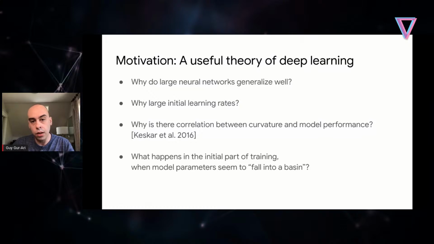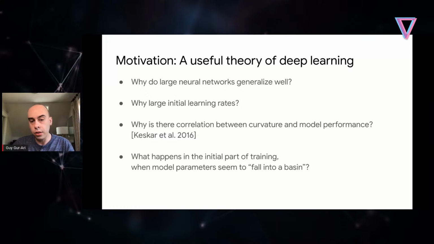So the theory should show us the path forward to making further improvements in these methods. And in particular, there are a few questions that I'm going to highlight that we'd like a theory of deep learning to be able to answer, and we'll try to touch on some of these questions in the talk. So the first question, which has really been driving a lot of the research in deep learning theory, is the question of why do large networks generalize well to unseen data? And this is sometimes called the generalization puzzle.